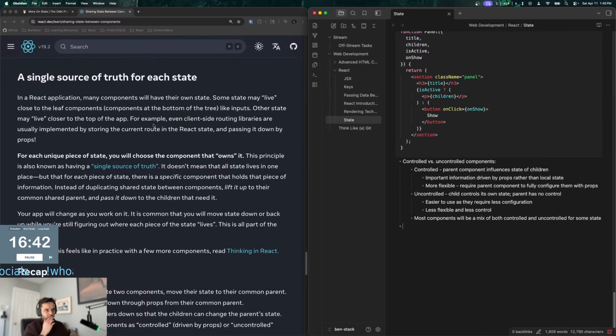Okay, let's see. In a React application, many components will have their own state. Some state may live close to leaf or child components. Other state might live further up the tree.